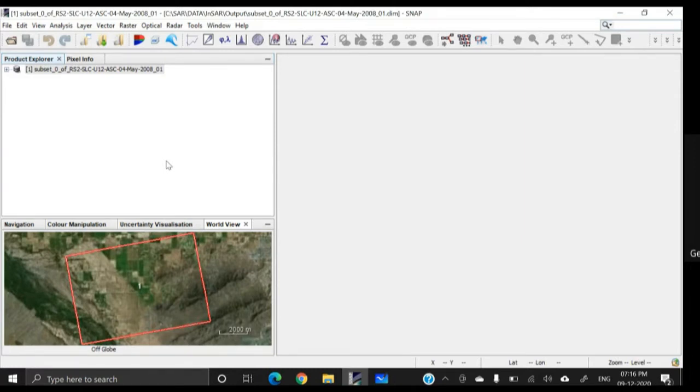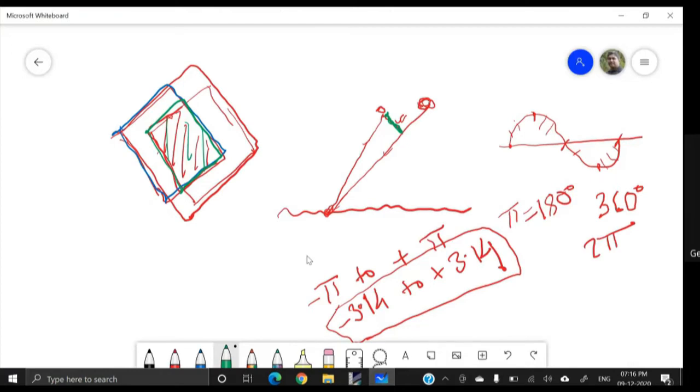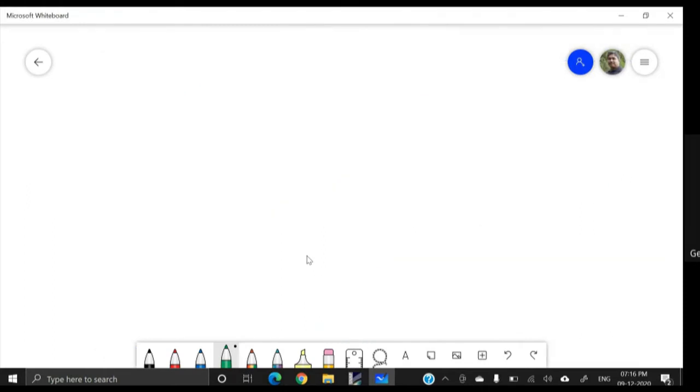Okay, so from this multiplication, basically, we will get the phase difference, and the phase in radar is symbolized by the Greek letter phi.